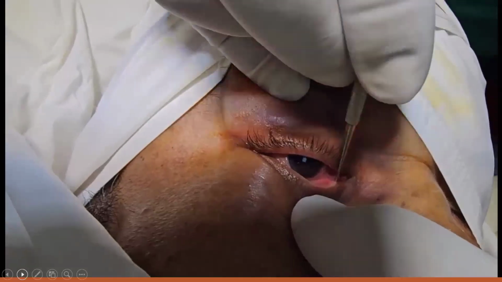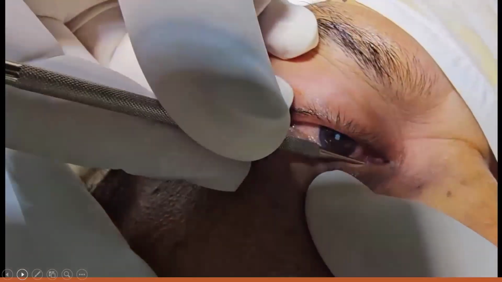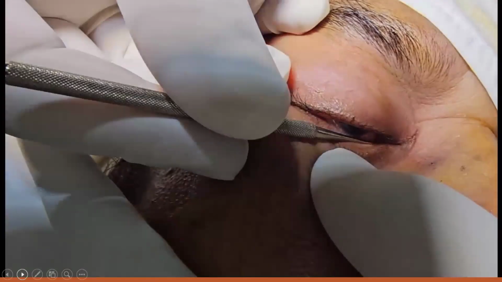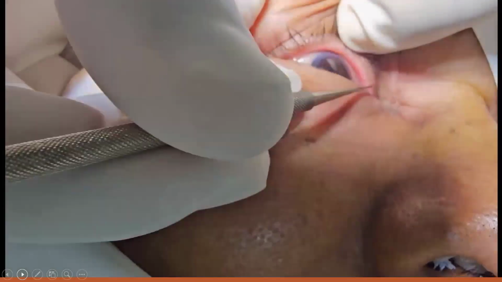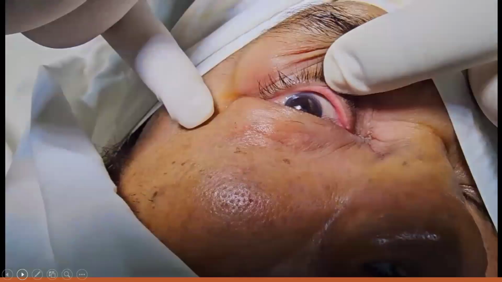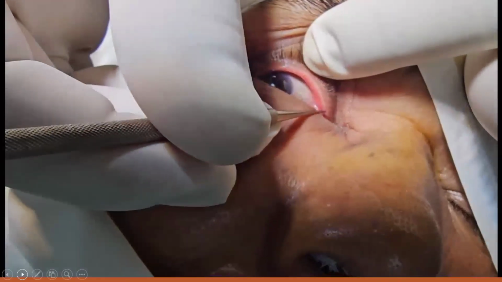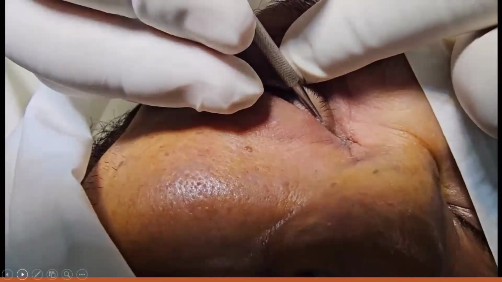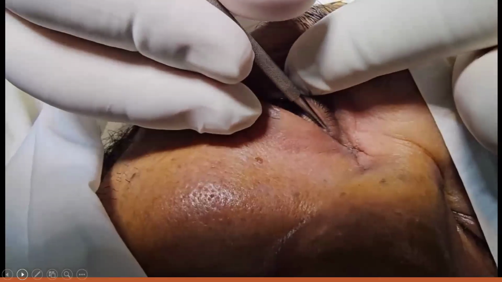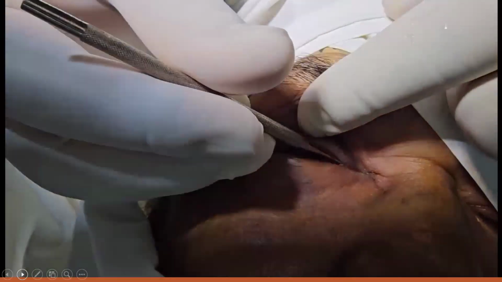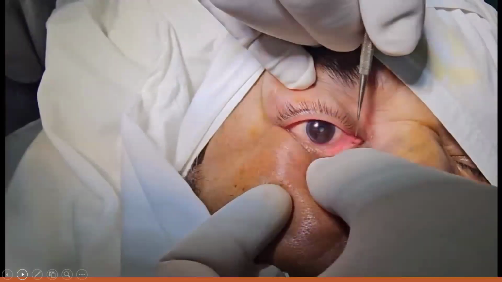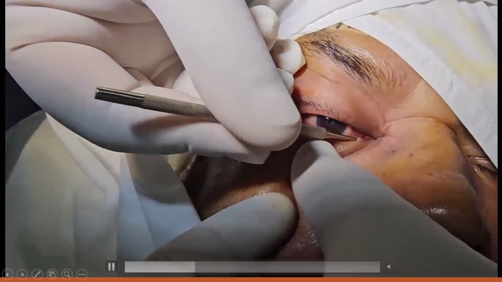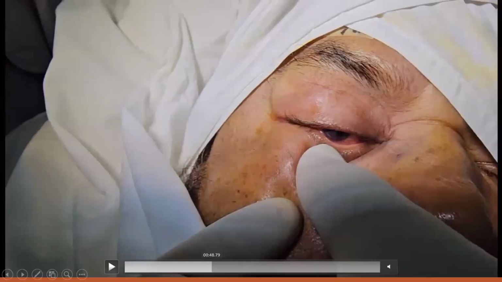Here is the procedure video that I am showing. First, I gently insert the dilator, pulling the lower lid outwards, through the lower puncta. In case of the upper puncta, we always ask the patient to look outwards so that we do not injure the cornea and conjunctiva. And again, the same anti-clockwise and clockwise movement of the dilator, also straightening the vertical and horizontal canaliculi. And this method we have to repeat 1 or 2 times before going into the